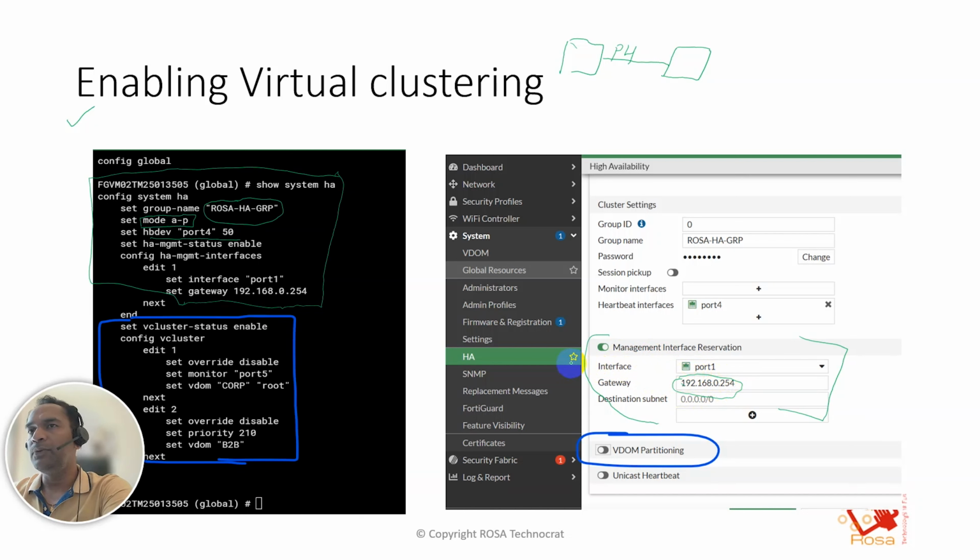Both FortiGates in standard HA or virtual clustering can have a different IP for managing them, so that you can access both devices simultaneously. If you don't have a dedicated HA management interface, you will only be able to access the primary because there will be a virtual MAC for all the interfaces. So this is the configuration of standard HA.